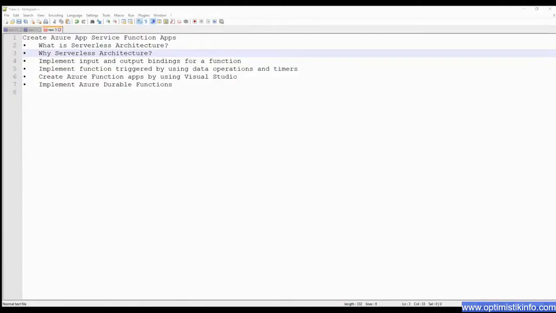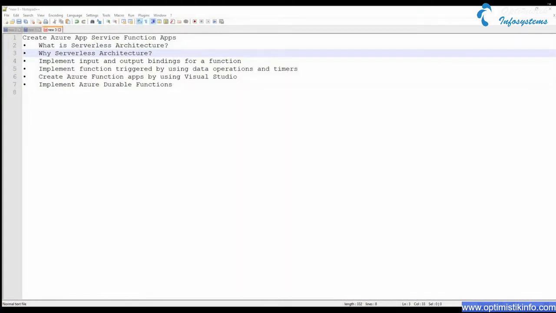Today we are going to learn the part of serverless computing that is offered by Microsoft Azure with Azure Function apps. So the session begins with what exactly is serverless architecture, why serverless architecture is so important these days, followed by implementing the serverless functions using Azure Functions, where we are going to see the information about the triggers and the bindings for the function, where triggers represent the event-driven implementation for a function, and the bindings is all about how